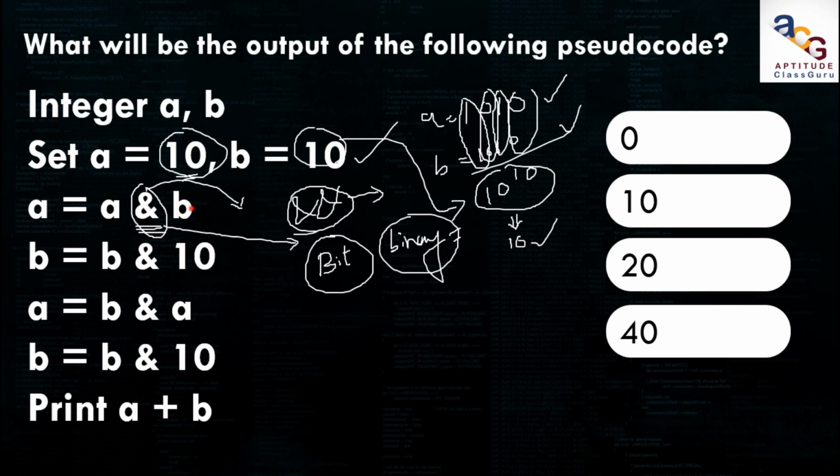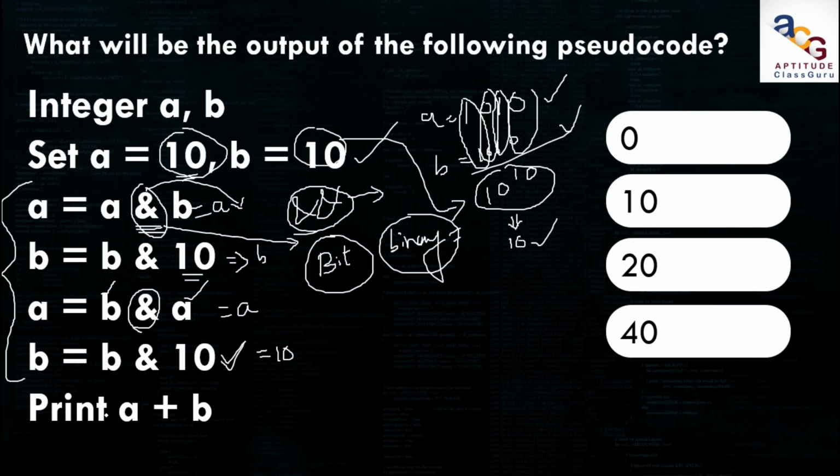So a and b is also equal to a. b and 10, b is also 10, which is equal to 10 or b. Anything is fine, so the value doesn't change. b ampersand a is also the same, which is nothing but the b value 10, a value 10, equal to again a. b ampersand 10 is again equal to 10. So all these operations have the same value of 10. The actual values of a and b don't change because of this bitwise operator.